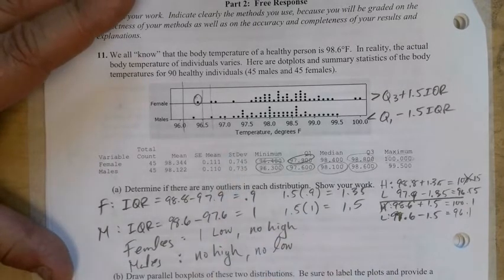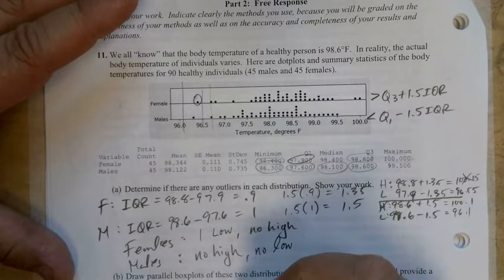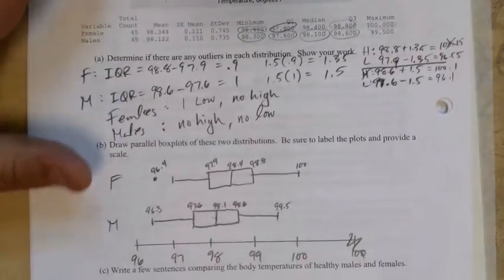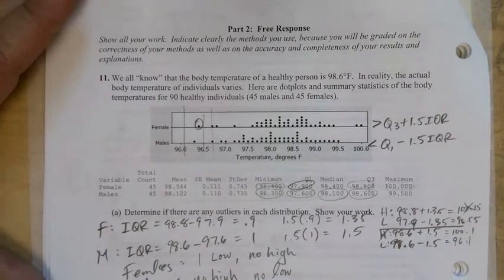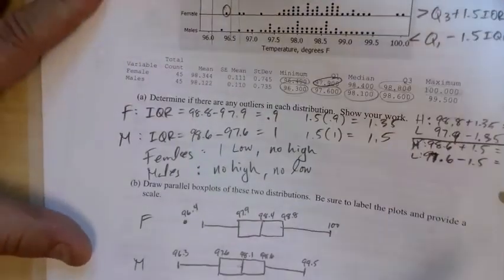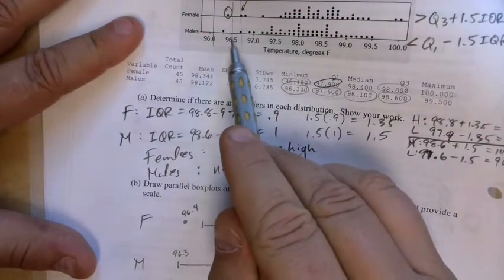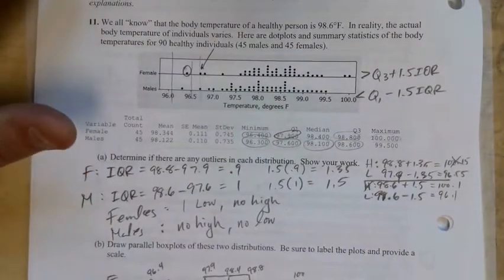Now, I know this first quartile, that's this 97.9 for the female. 97.9, that's a radio station, right? Okay, there's my 97.9. I don't think I can tell you exactly what that is. I know which dot it is, sorry, I'm going back and forth. I know which dot that's representing, that dot there. But I can't tell you exactly what it is, so I'm not going to put a label on it. But I know it goes right about there.